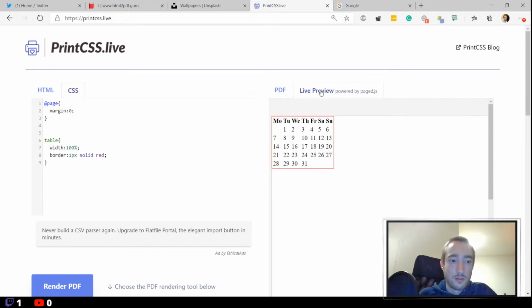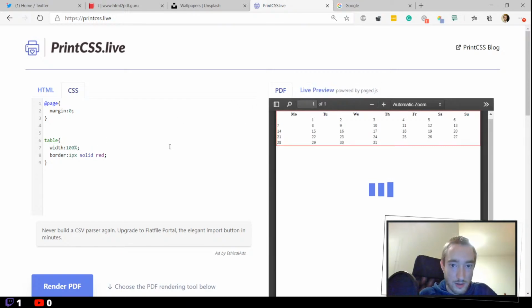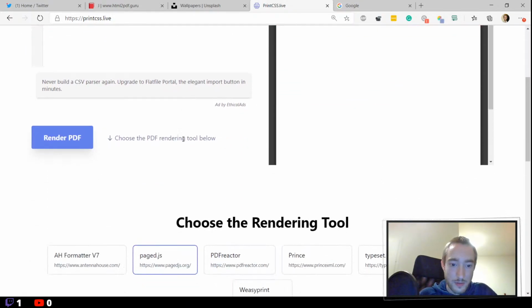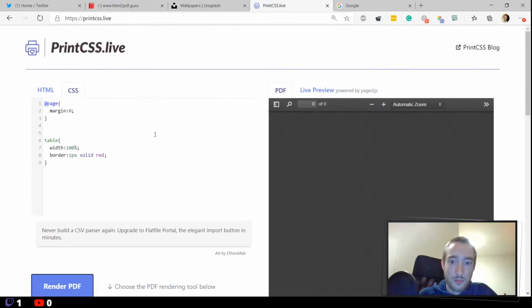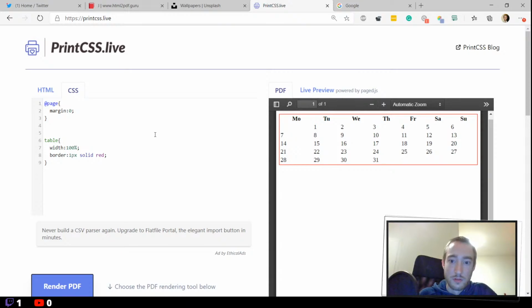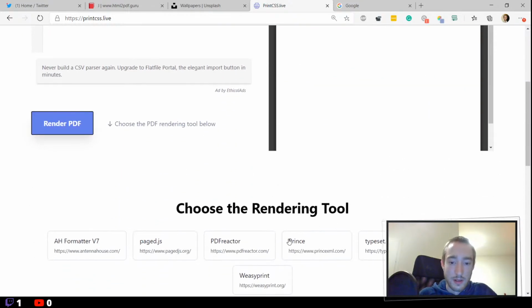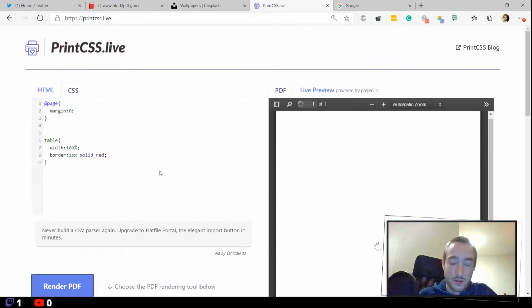We also can go back to the live preview. There it looks a little different. It doesn't take the width, so let's better stick to the rendered PDF, which we have here. Okay, then let's stick with Page.js today,